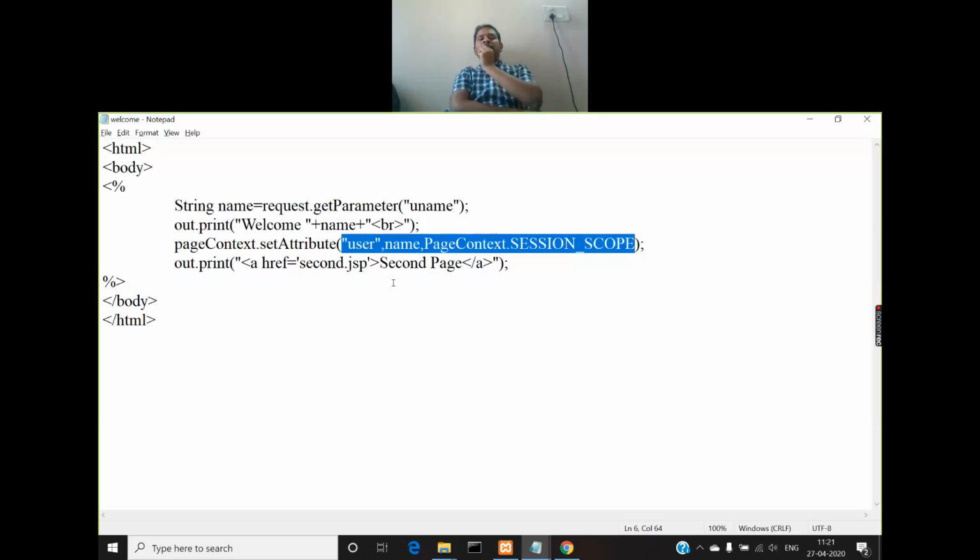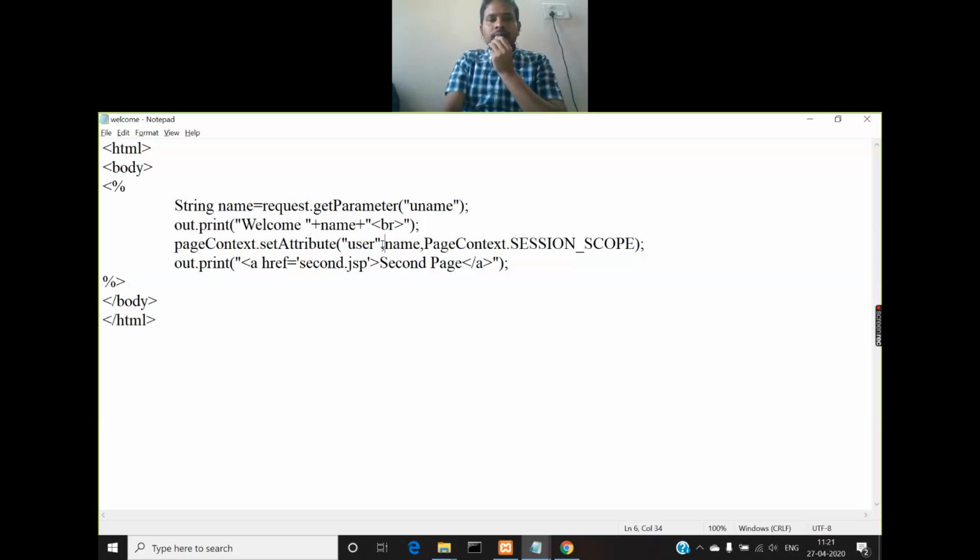Then the second parameter is the value that I want to store in that attribute. So the name of the attribute is user, and the value that I am storing in it is the value which is there in name. What is name containing? It is containing the value that we entered in the text field in the HTML form. So that value is stored in the attribute called user.